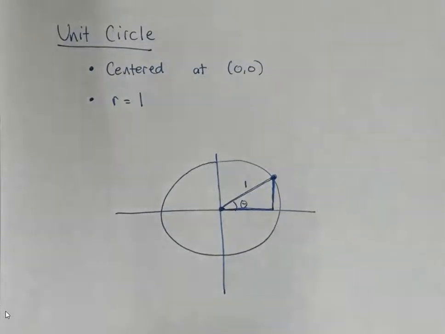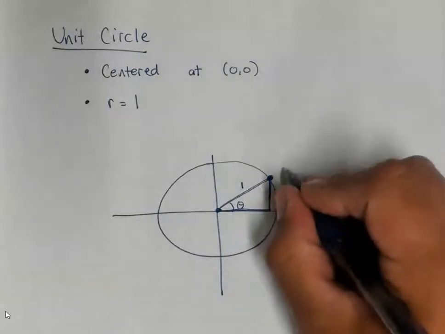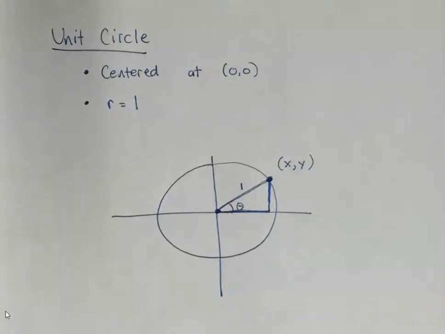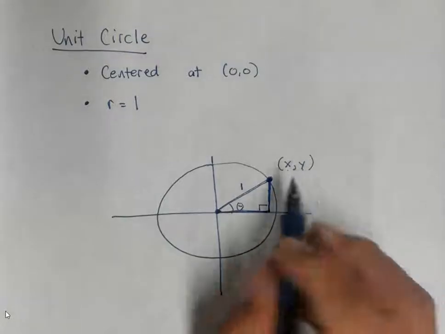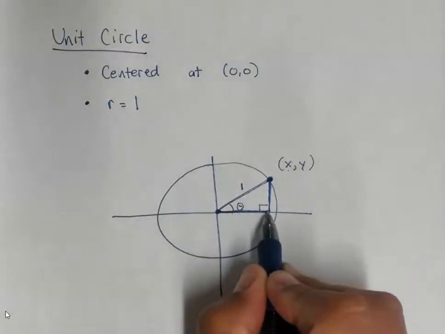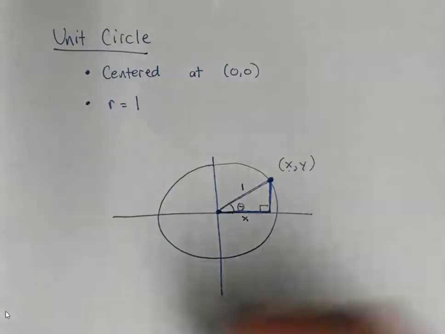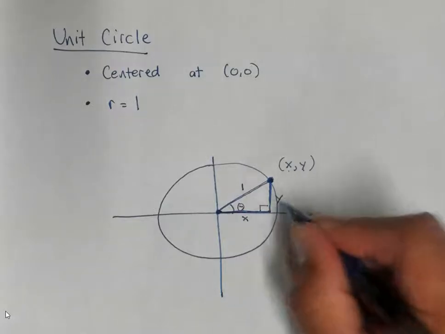If you think about the coordinates of this point right here, the coordinates of this point generally can be represented as x comma y. I did that because I wanted to find a way to label the rest of this triangle. It's definitely a right triangle. If this point has coordinates x comma y, the distance I'm coming across the x-axis until I'm just below it right here, that's got to be x units. And the distance that I'm rising up into the first quadrant to get to that point has to be y